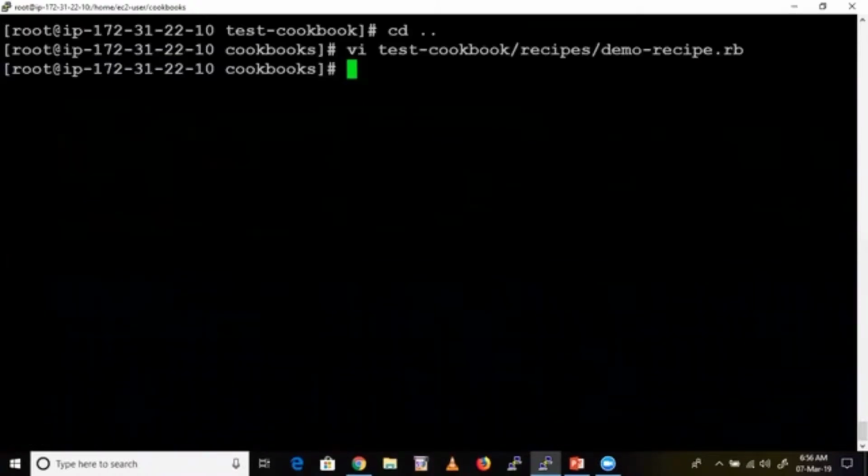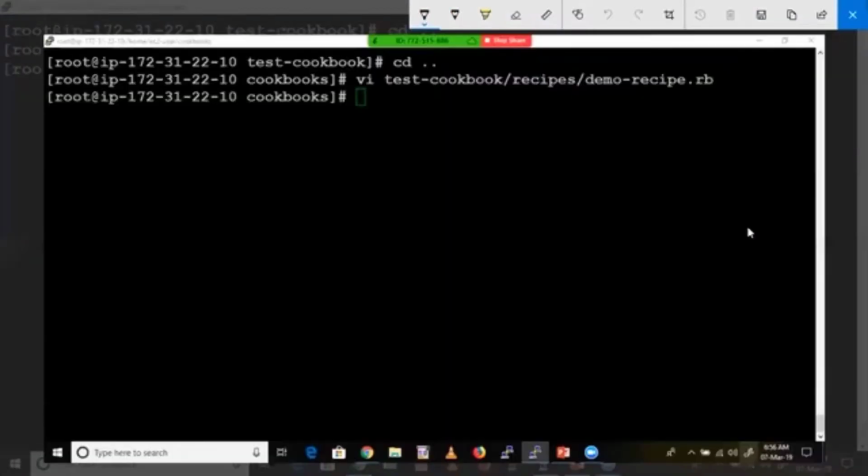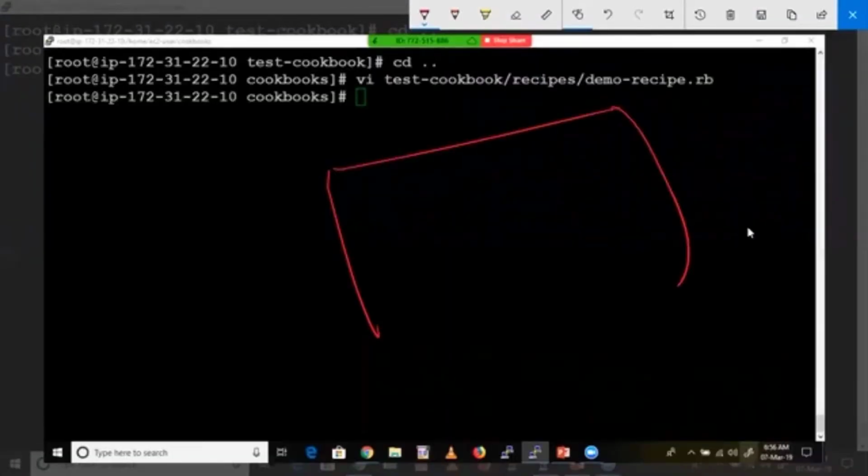Now every time you need not test whether the code is correct or not. If you want to test, you can test with chef exec ruby -c, that you know. That you can test, but I'm sure that yes, the code is correct. So I'm going to execute this one. See here, I'll tell you what is happening. So this is my workstation. I have created a recipe called demo-recipe. In this, I have kept some code, one to install a package and one to create a file.